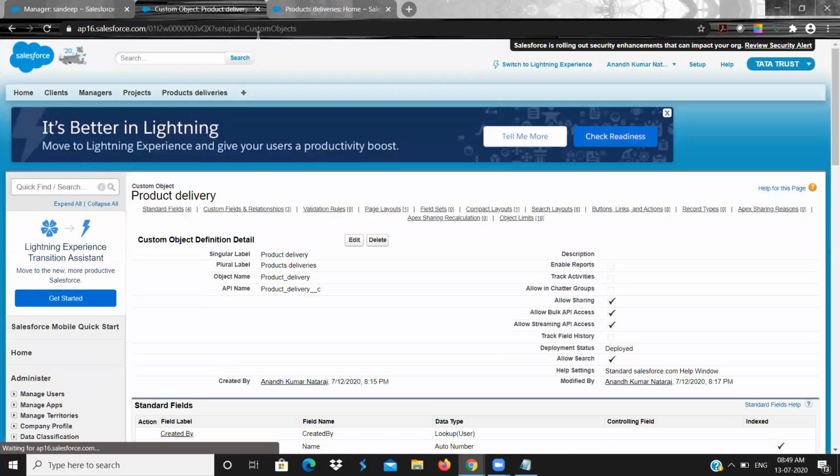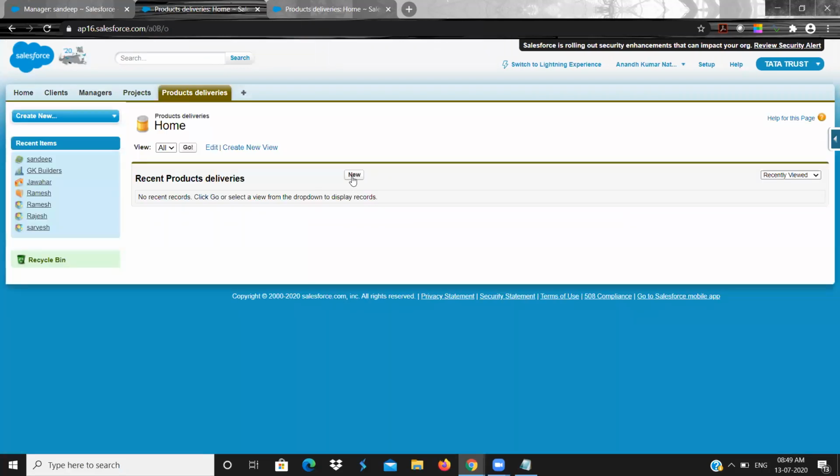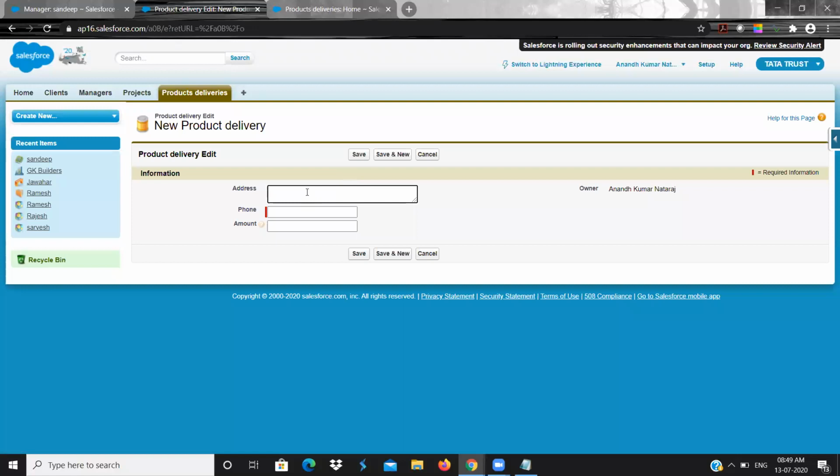Let us see. If I click new, you can see address, phone number, and amount. And if you see amount, we gave some text, right? That is coming here. That is help text. If you add something in help text, it will be visible here. Okay, the amount the customer has purchased.